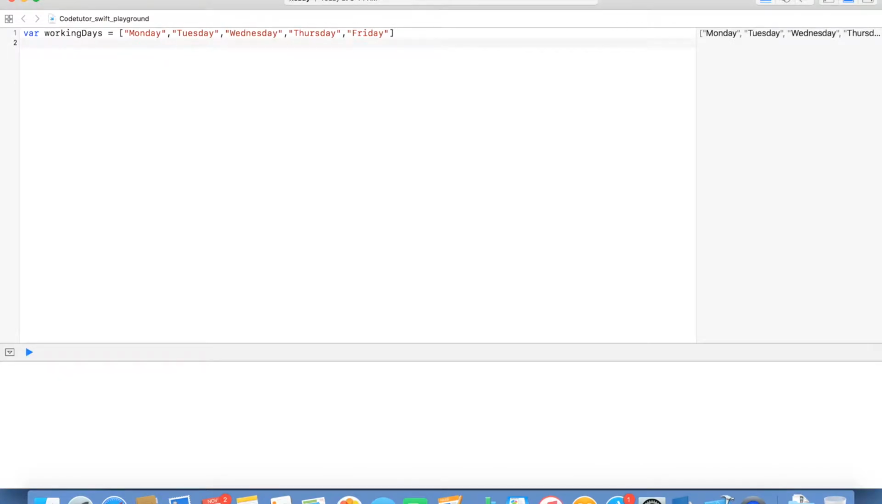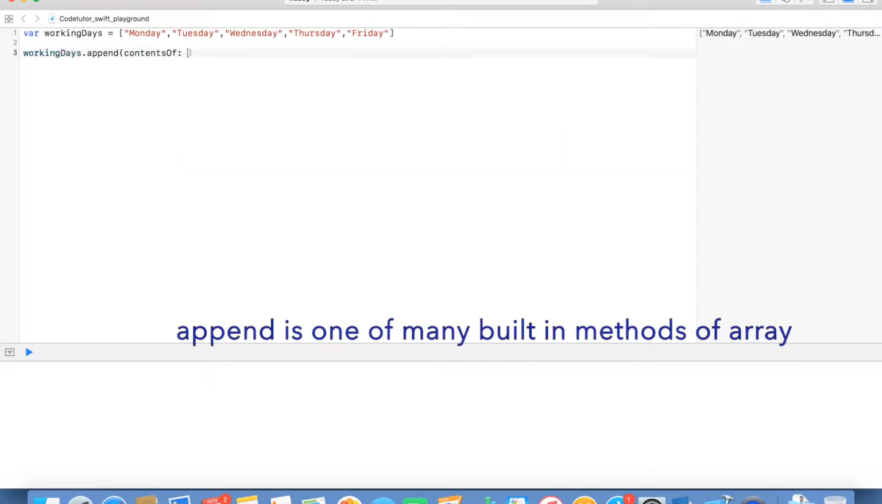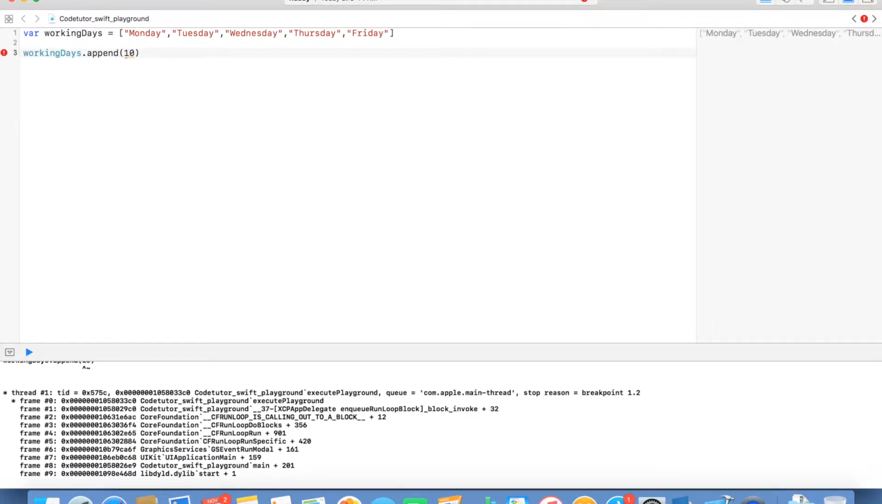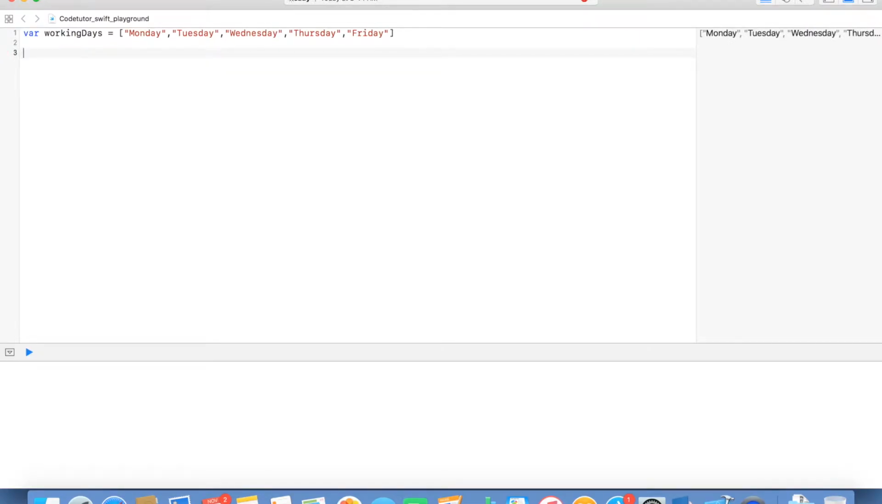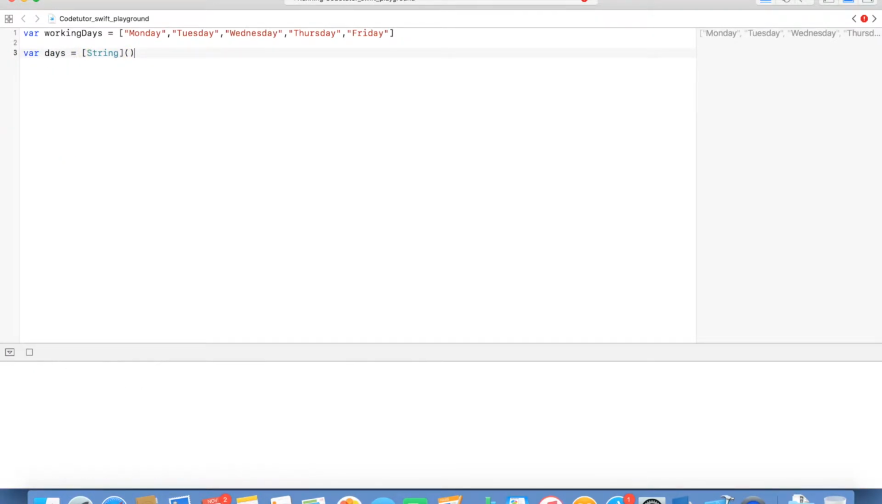And you can observe that it is automatically type inferred as array of strings. And if I say working days dot append and try to add an integer, it will give you an error because arrays are homogeneous collections. And sometimes you don't want an array with elements, you want an empty array. In that case, you can just create an array, just open and close brackets, and you have to tell what type of array it is, and you have to write open and close round brackets. This basically creates an empty array of